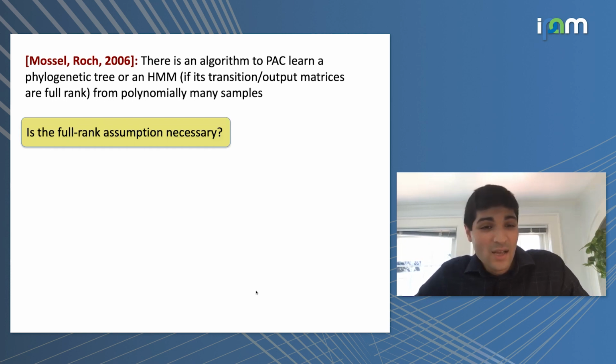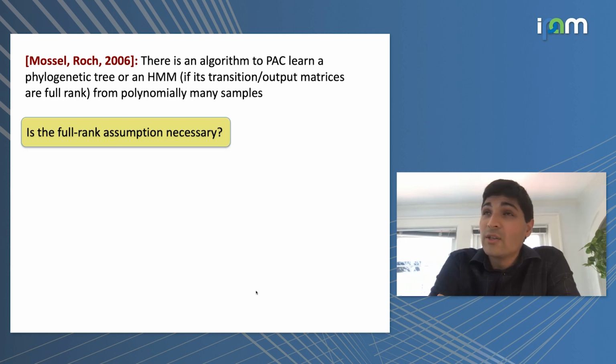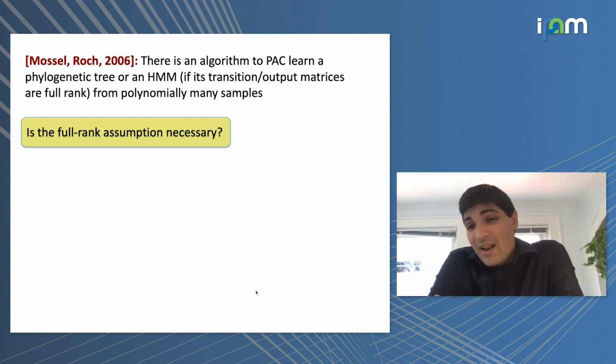One of my favorites. And actually, one of the things we can do now is put on our computational complexity hats. One of the things you might wonder is, Jennrich's algorithm needed a full rank assumption in order to apply it, right? Because it needed that the A sub i's and the B sub i's were linearly independent. The way that this manifests for us is that the transition matrices along the edges of the tree are full rank. And one of the things you might wonder is, is that just an accident of this algorithm that we have? Or is there a way to get around the full rank assumption?